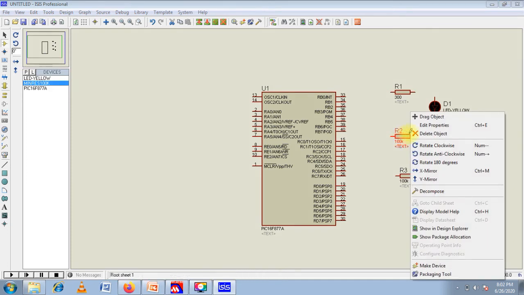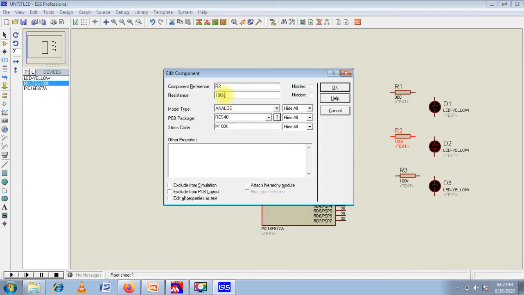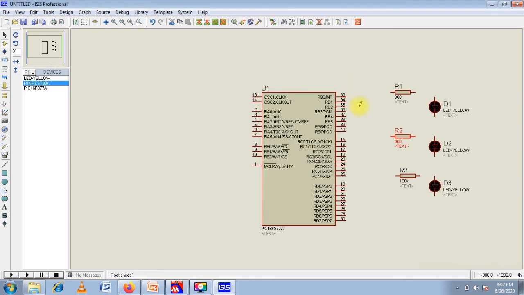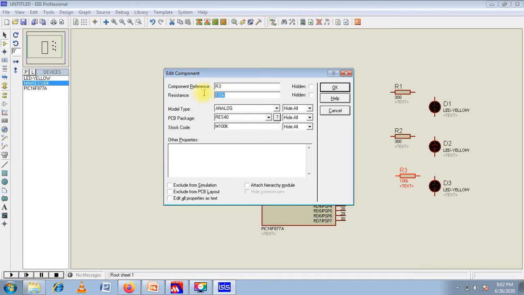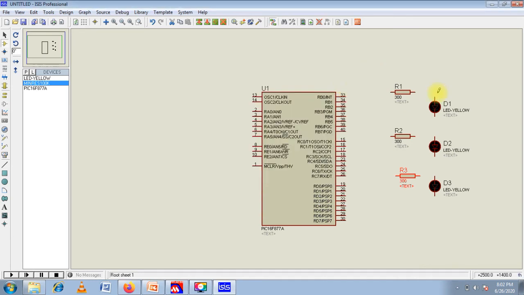Right click, go to edit properties, 300. Then edit property, 300. Then connect with respect to LED. Then connect the corresponding port.